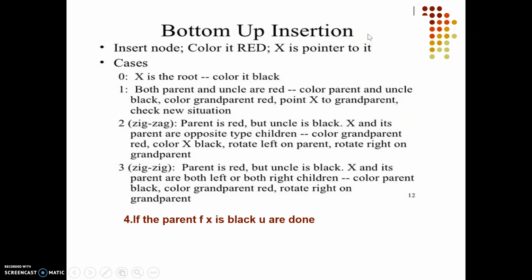So now we will be doing certain operations, how the red black tree is created. We will be doing operations like insertion and deletion. First, we look at how the insertion is done. Every node which I am going to insert will be red in color. I will mark the color of that node as red. And X will be the pointer pointing to the newly inserted node. These are certain cases. If the new node inserted is the root of the tree, then the root will always be black, so we will color that node black.